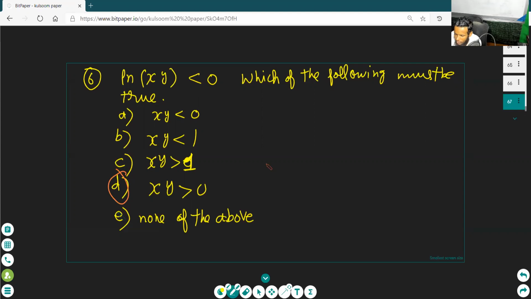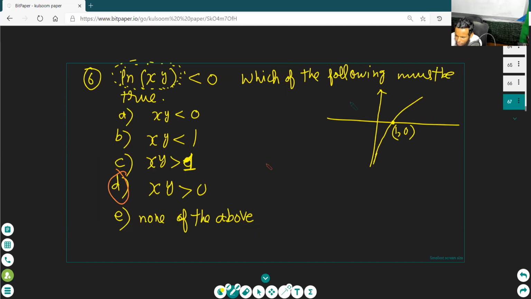Its value, log natural xy. This means y value, function value. Function value is on the y-axis. You see the graph. You know the graph of the logarithm function. Graph of logarithm function is like this. Okay, remember it. This is the fixed x-intercept. See, these y values are called the log values, function values.